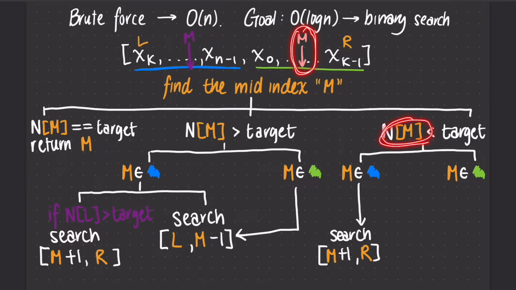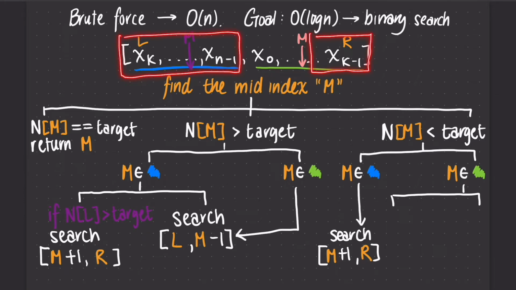was lesser than the target, there's two possibilities. One is that the target lies here between m and the right pointer, and the other possibility is that the target lies in the blue region, since everything here in blue is greater than any number here in green. Knowing that our target can lie right of m or in this blue region here, how do we discern which